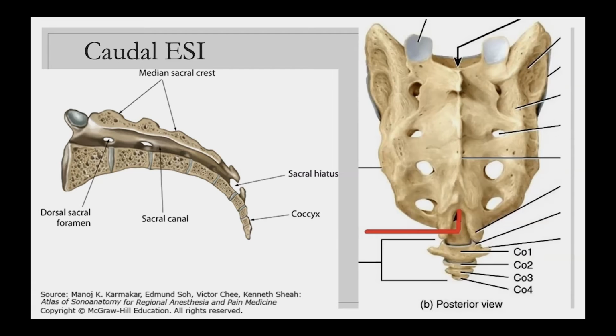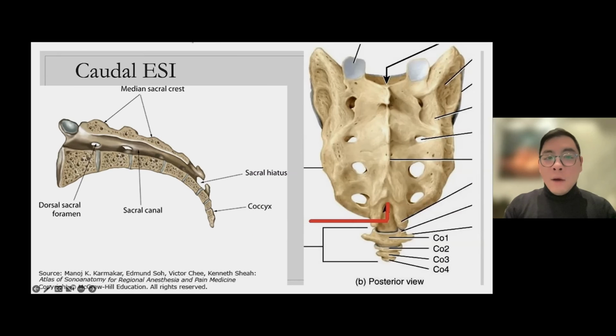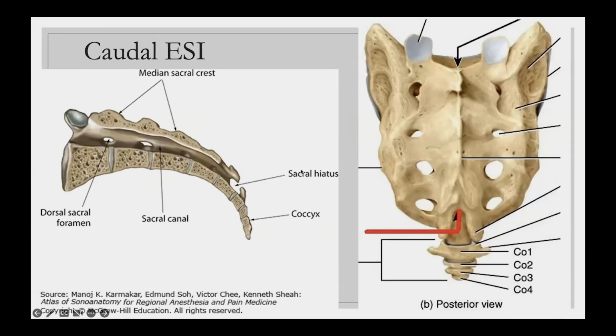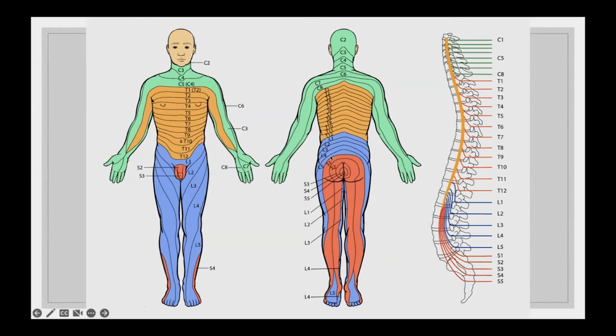So in a very similar fashion, just like higher up, we can address nerve shooting type of pain by doing injections in this area. One option is called the caudal epidural steroid injection. What that means is that we put a needle through here, which is the entrance of the sacrum area. That way it can spread to all of these sacral nerve roots by doing just one injection. And just as before, this is the dermatome, and we're talking about this red area.